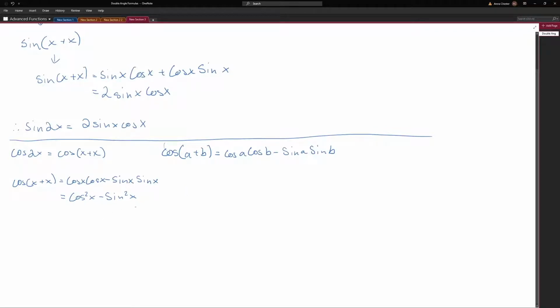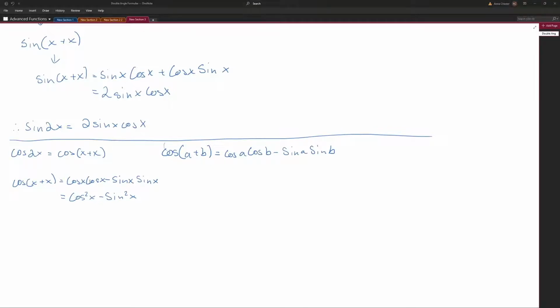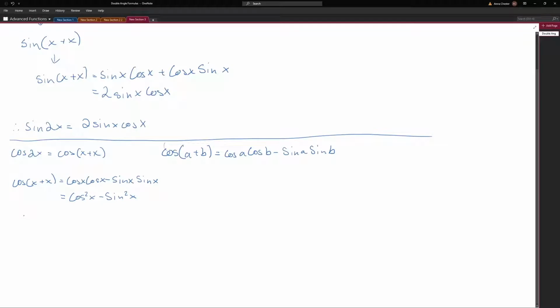From here, we can actually derive other variations of what cos 2x equals. But at first, let's write down our first found formula for the double angle of cos. So cos 2x is equal to cos squared x minus sine squared x. So from here,